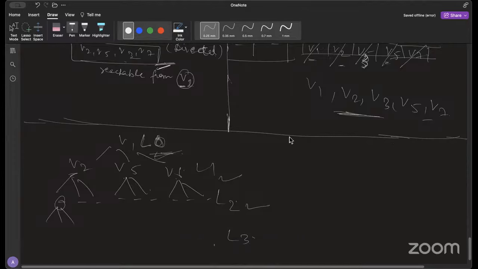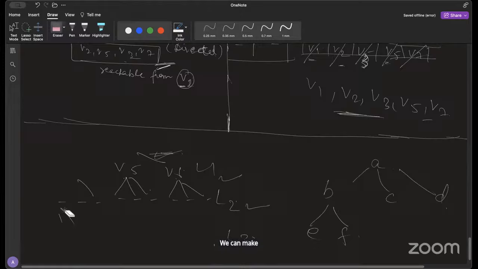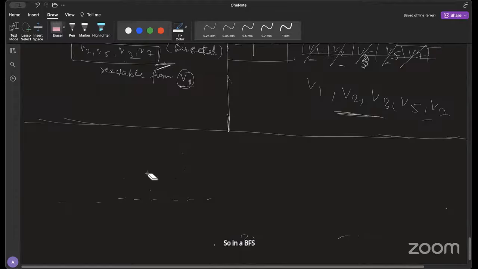We're just saying that there's more to the DFS and BFS thing, and we'll come to that later. This is just a basic idea of what DFS and BFS look like. Let's say you have A, then you have B, C, D here, and then E. Let's do the BFS and DFS tree first. So in a BFS tree,